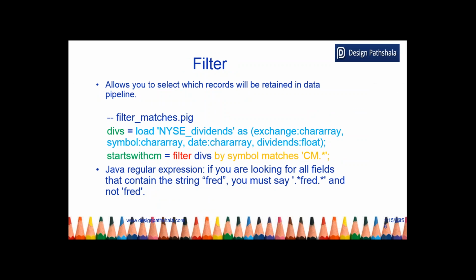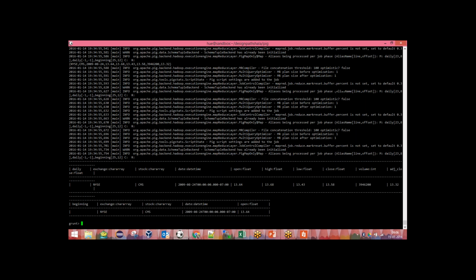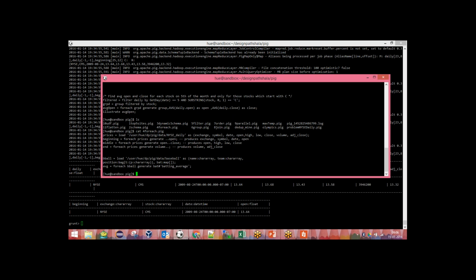Filter, as the name says, you can filter things. So if I say filter divs by symbol matches this thing, it uses a regular expression similar to a Java regular expression. So it will filter only those records from divs where symbol matches CM, basically starts with CM. If I show you that thing,